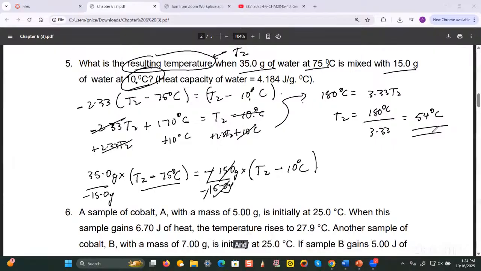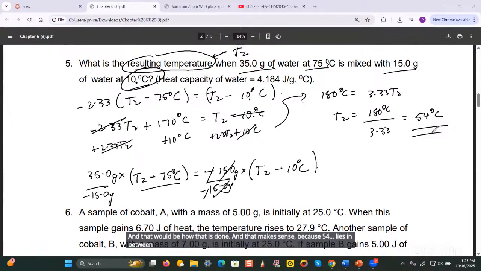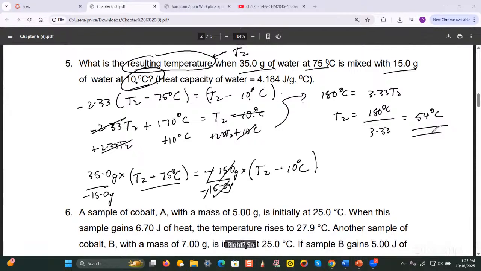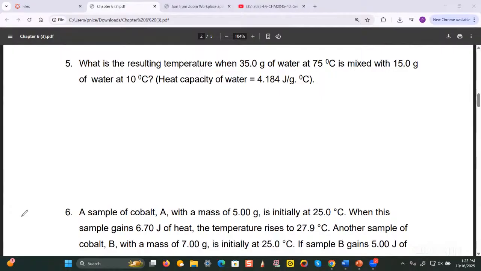And that would be how that is done. And that makes sense because 54 lies in between 75 and 10, right? So that's basically how you would do that. Okay, any questions about this one? Any questions? Okay, moving on. Let me clear this here. And let's move on to